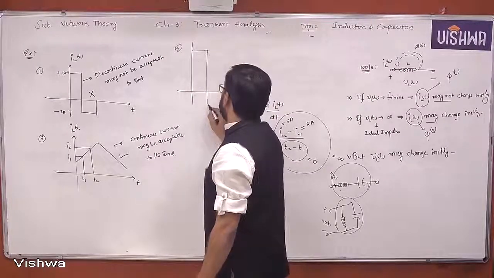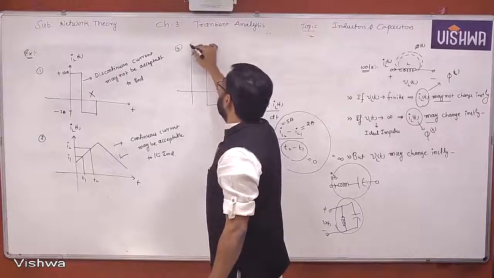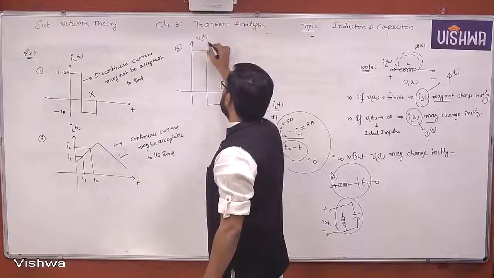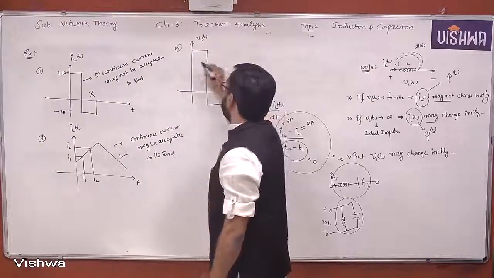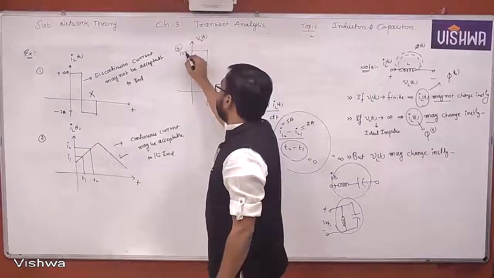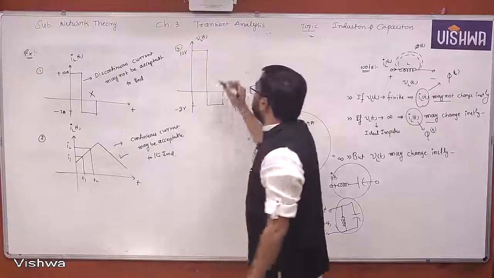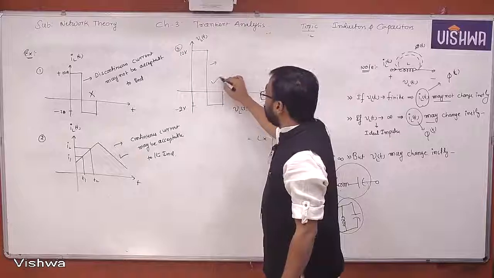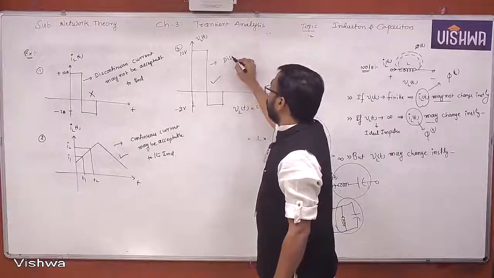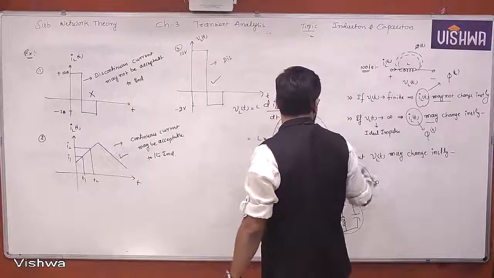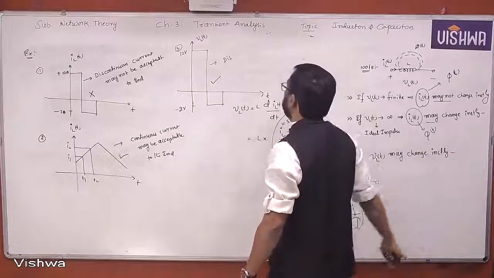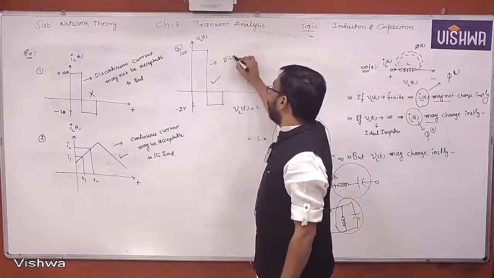Yes or no? Suppose the voltage given across the inductor is of discontinuous form, some 10 volts and minus 2 volts. Then what will happen here? This is acceptable because for voltage there is no problem. We have written that voltage may change instantaneously. So discontinuous